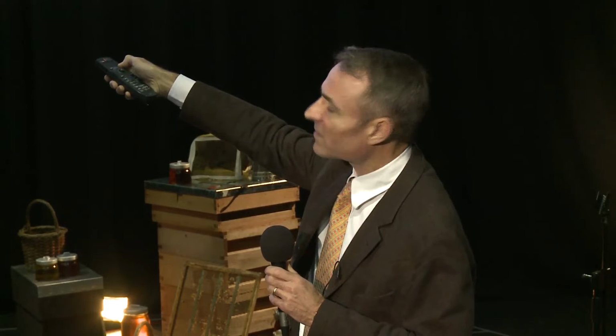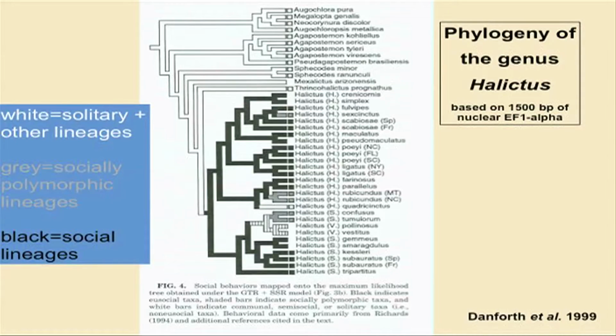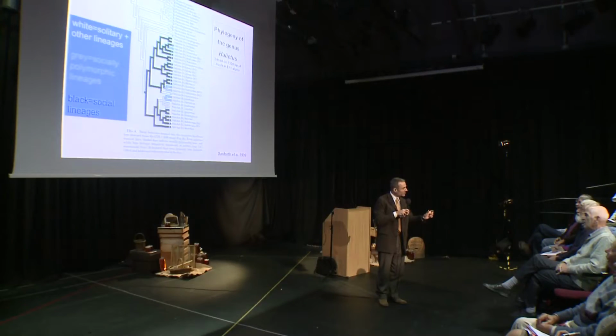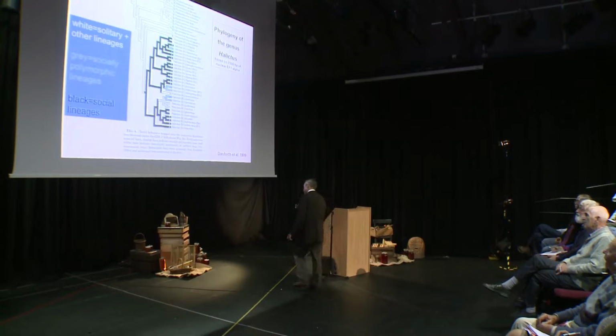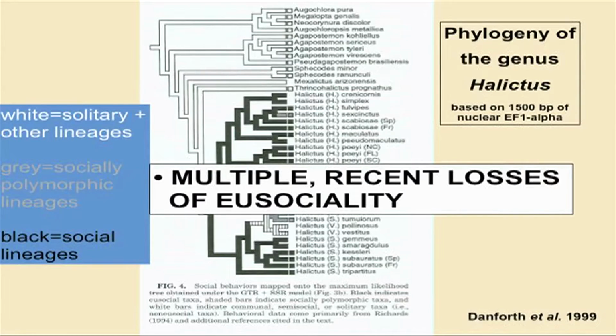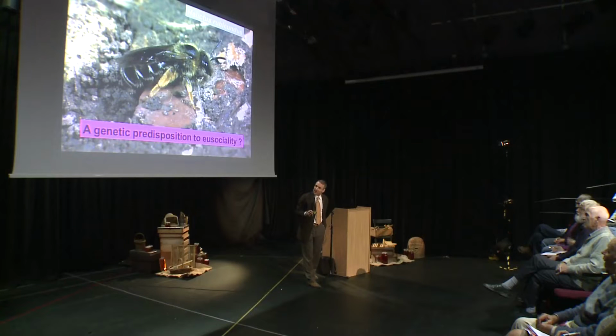Except a few that have become solitary again, or that show both behaviours, solitary and eusocial. So they are really interesting to understand that transition from solitary to eusocial, which is why I address them, and why I can't use honeybees for such a study. So, multiple recent losses of eusociality, and one species in particular that we're working on goes by the name